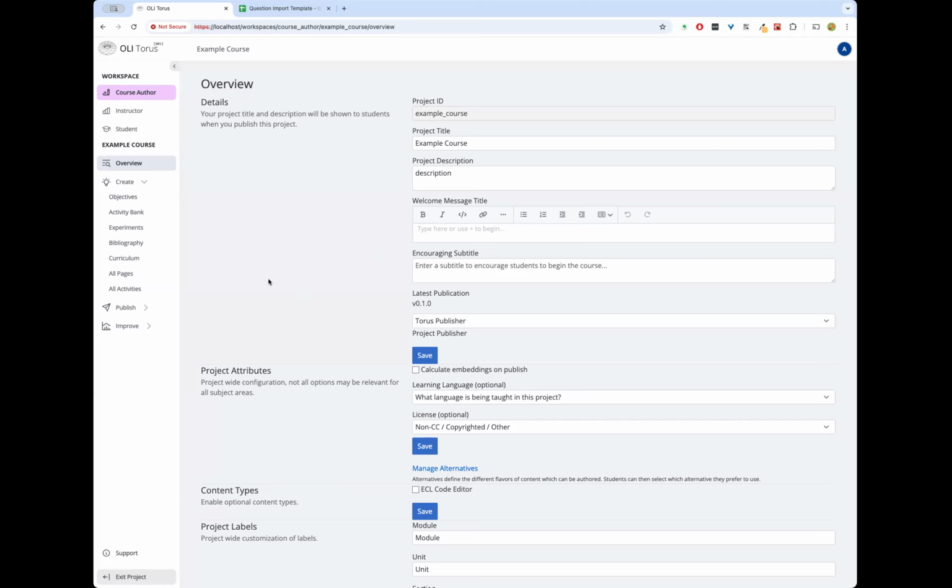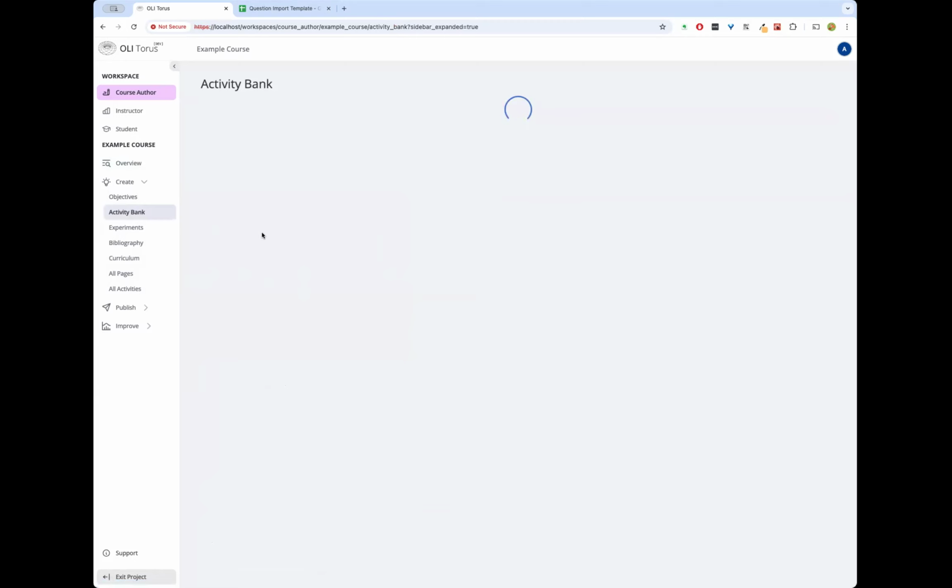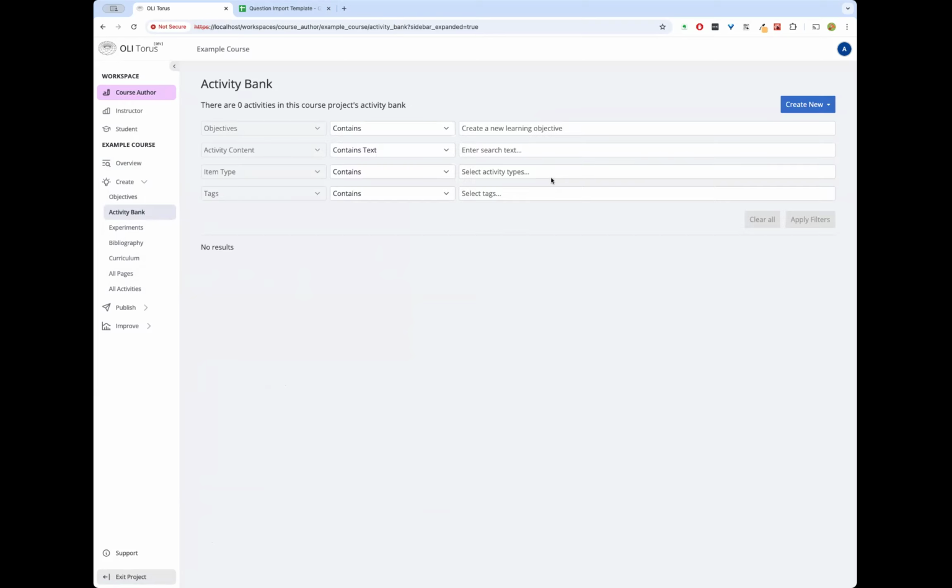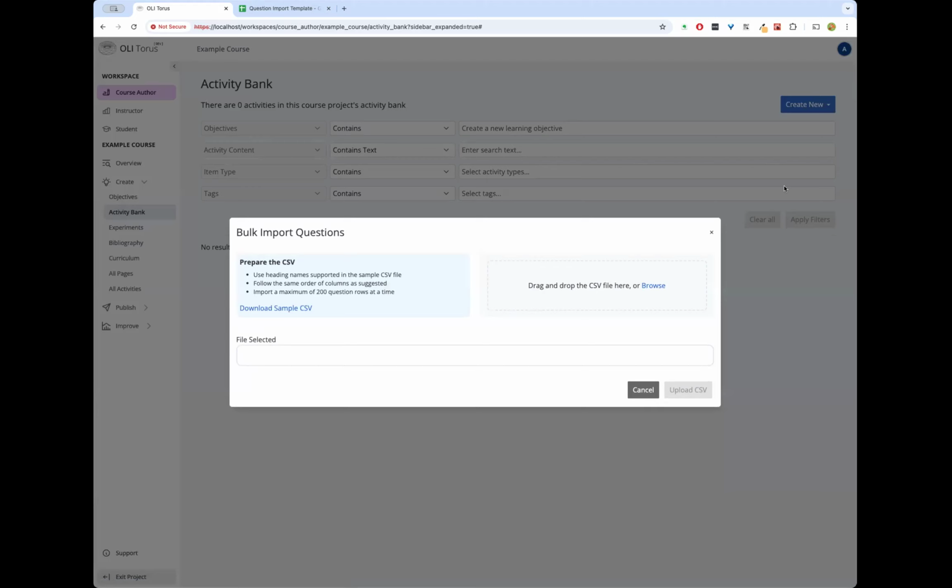So if you access as an author and you go to create the activity bank, you'll see it takes a while to load on my local system. Always the case for some reason. All right. Within the activity bank, under the menu, there's a new item there, bulk import from CSV, and you can basically browse